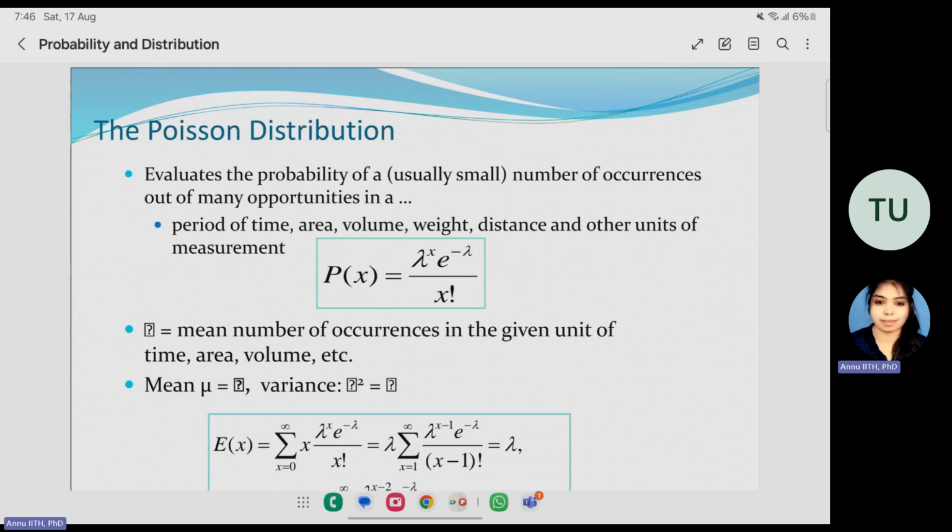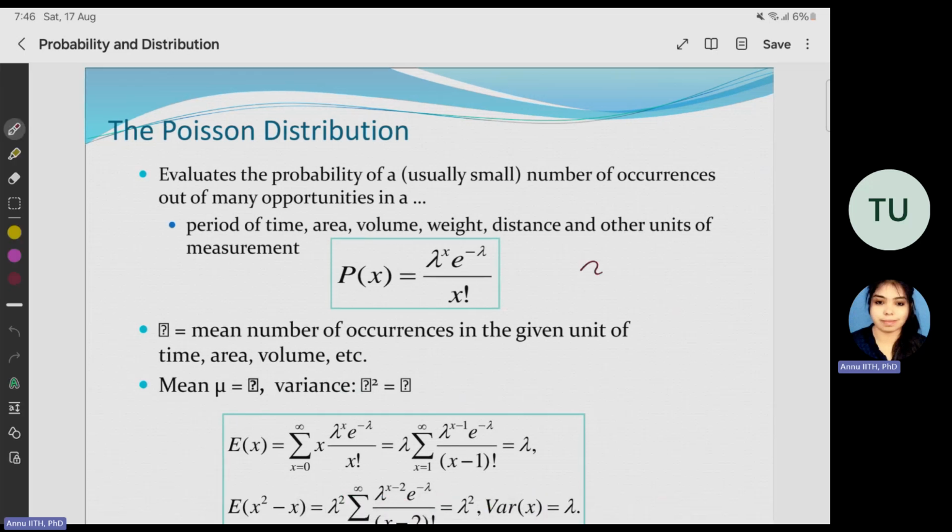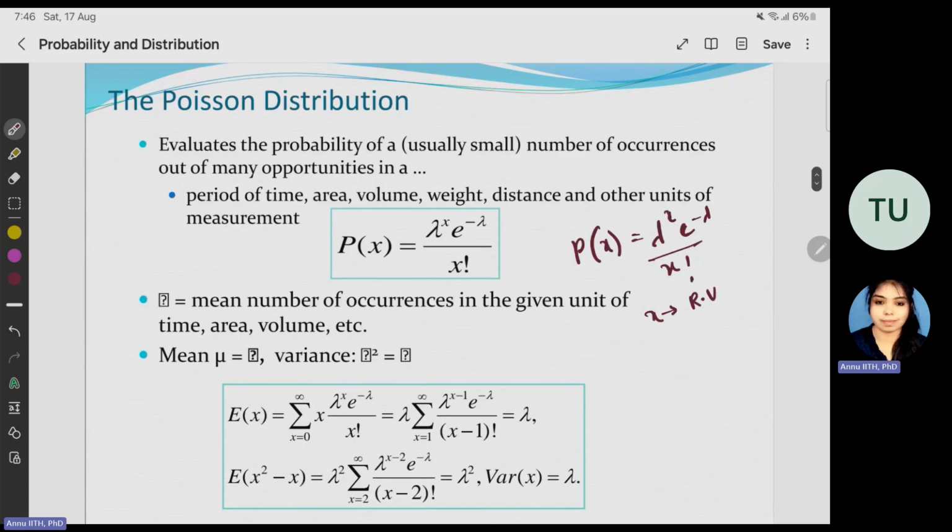What it measures is P of x equals lambda power x, e power minus lambda, divided by x factorial. Here x is a random variable. This lambda is the mean. Suppose we want to find what the mean of this is, and what the variance is. The mean, as we know, will be nothing but